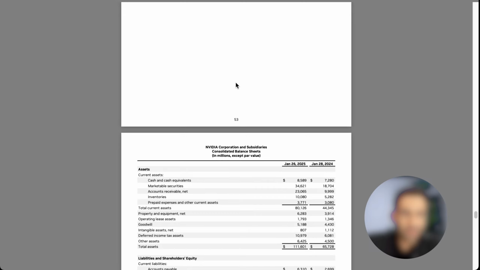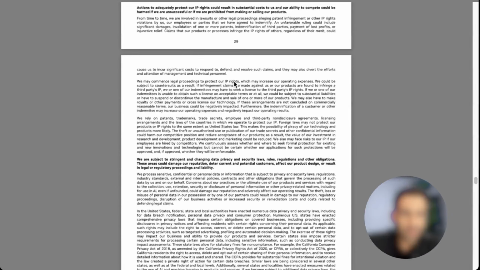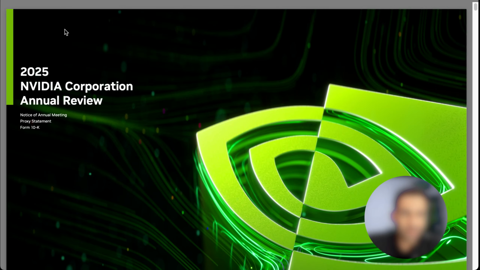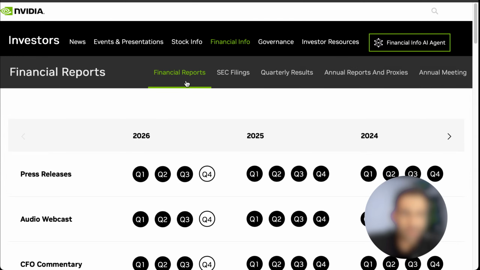So this was the Nvidia website of the company. Let me get back to the website so you can see how I searched it. There are many documents, man. Guys, I can't go one by one through all of these things. So you see, it's notice of annual meeting, proxy statement, all these, and here you see, this was the website I opened for Nvidia. Yeah, press release, everything, all details. Stock info, I opened the financial info. And investors, yeah, the main page, like financial info and investor page, you will go, you will check all the details. They're even giving you data about 2026, okay? So it's really good. It's all about every single company.